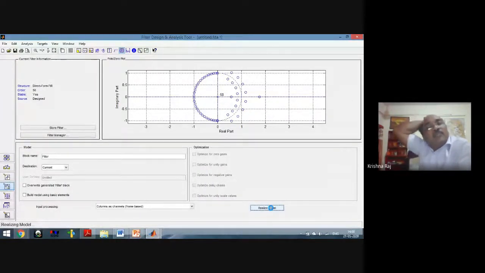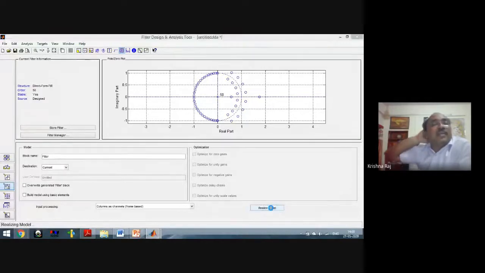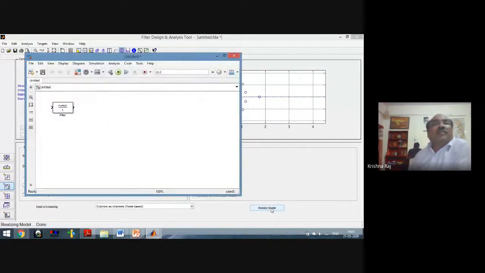In the Laplace transformation, when we replace s by j omega, it should be sigma plus j omega, but we generally use just j omega in order to describe the oscillation. Similarly, in the Z domain, if z is replaced by e to the power j omega, then we say that this is frequency domain information, and that is named the Fourier transformation. After so much discussion, if we are getting a satisfactory result, then we will realize the model.